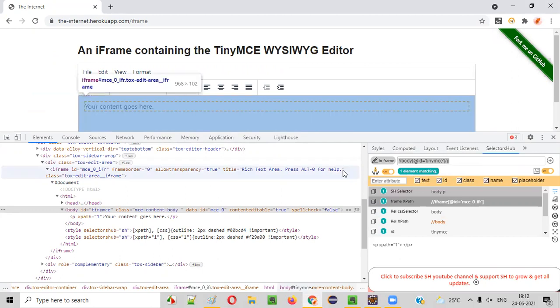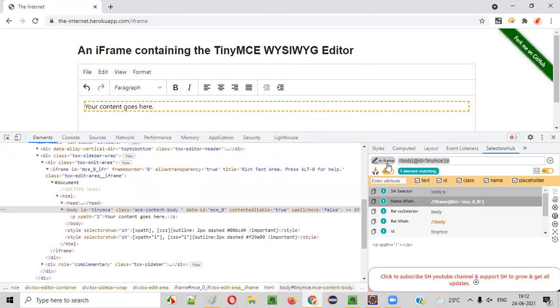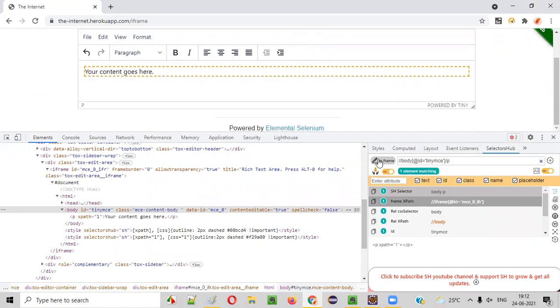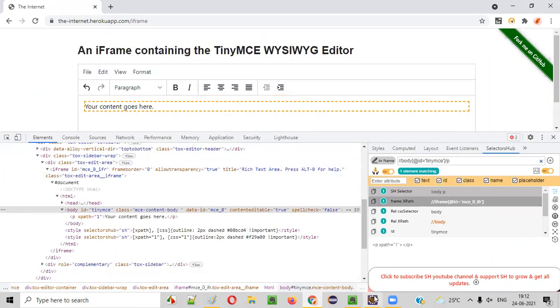This particular text field is inside a frame. Can you see here in frame it is saying? Okay, these are selectors of functionality, guys. If you are trying to locate something which is inside a frame, it will automatically detect. Selector sub automatically detects and mentions that we are inside a frame. Anyhow, without selector sub also we can find it out by running this code.